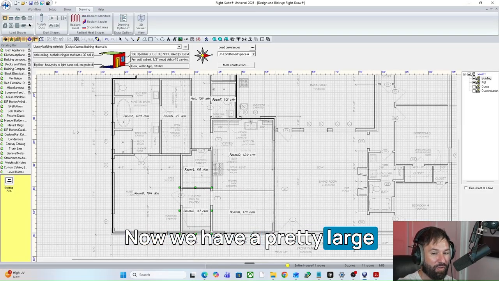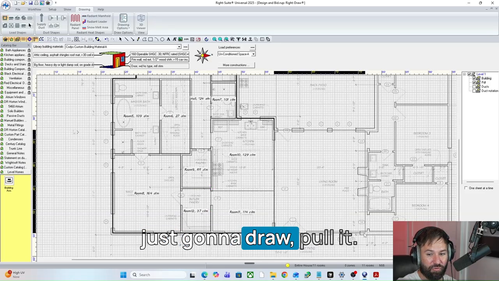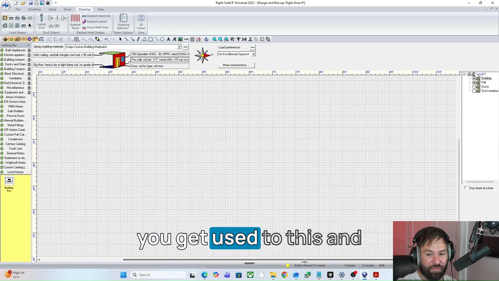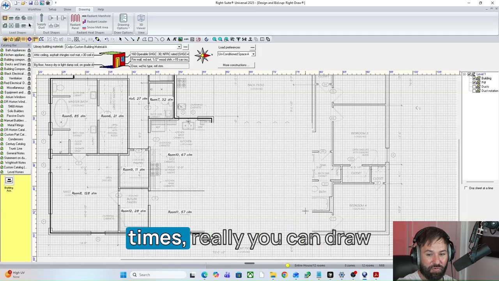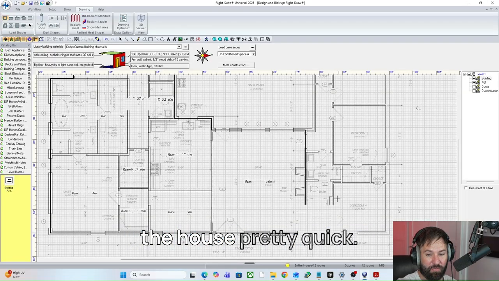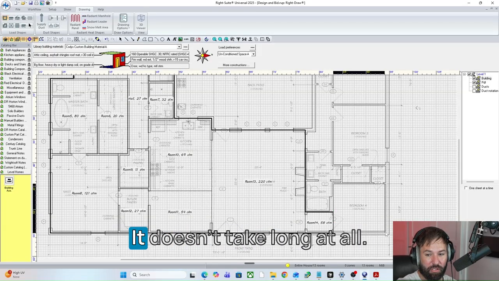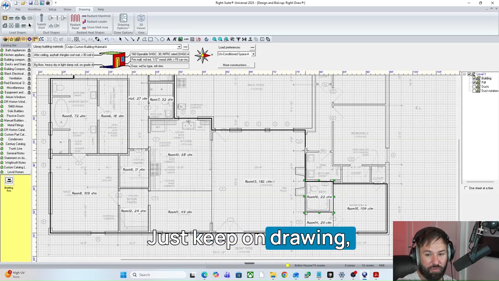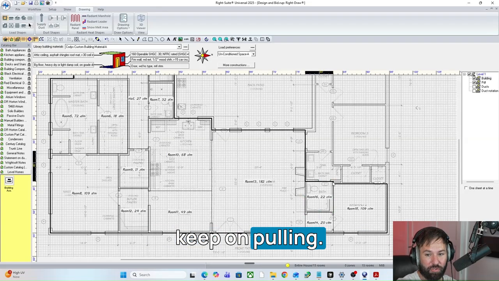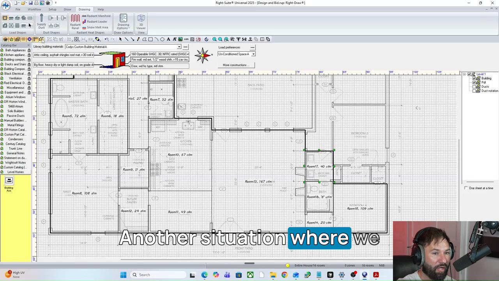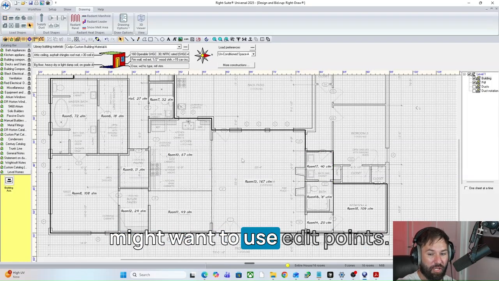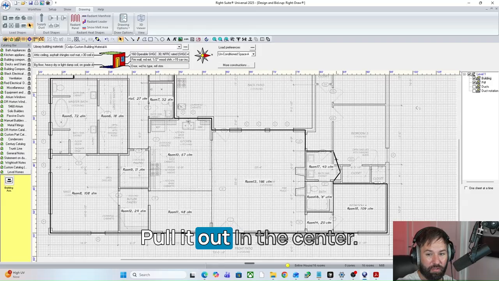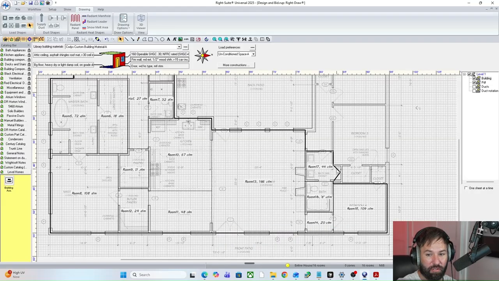Now we have a pretty large living room here, so I'm just going to pull it. There we go. So you can see once you get used to this and you've done this a few times, really you can draw the house pretty quick. Doesn't take long at all. Just keep on drawing, keep on pulling. Another situation where we might want to use edit points. Start in the center, pull it out, in the center, center,